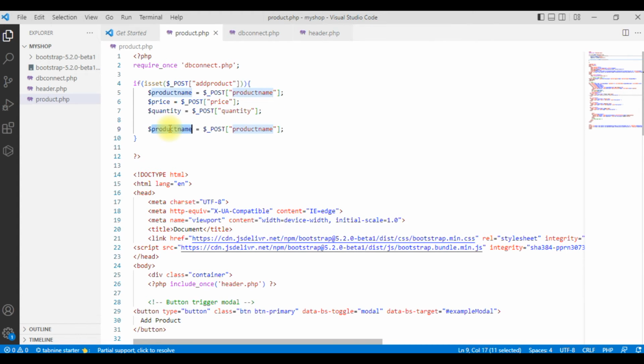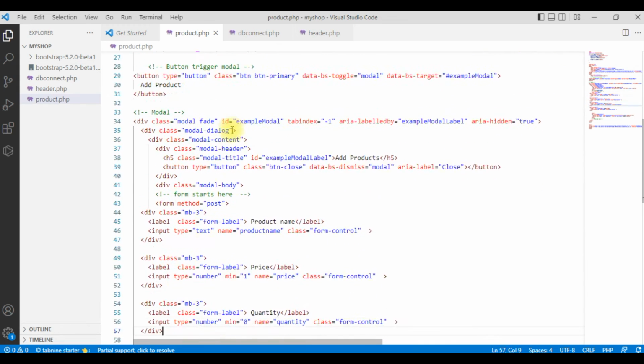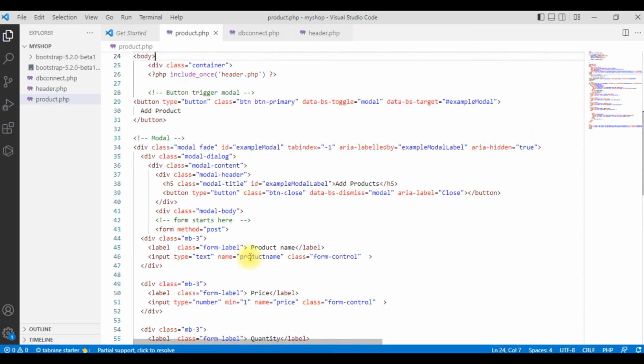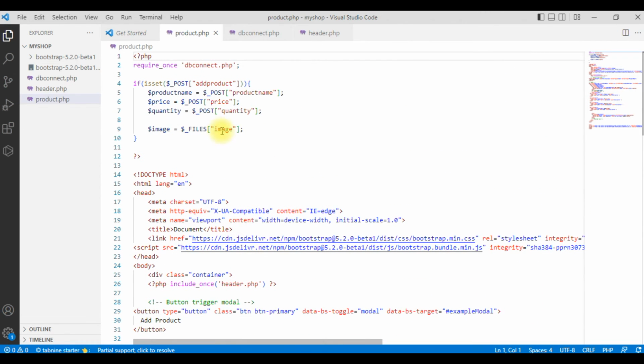The first thing you do is that create variable image. Instead of post, we use files, because in this case it is file, not image. And what's the name of that? We name it image. If you check your form, that's what it is. Okay, the name is image. Okay, so now variable image is image, and then image will be sent as an array, so therefore we have to grab it individually. So the first thing is we grab the image name